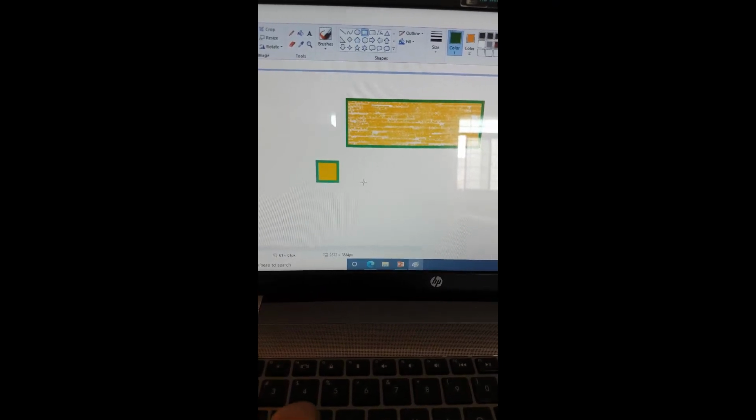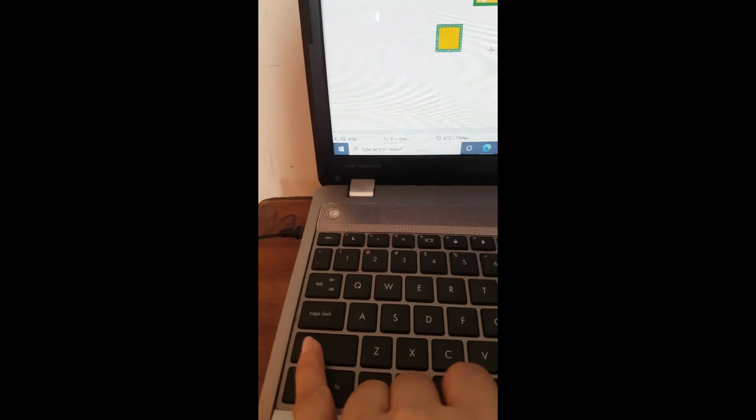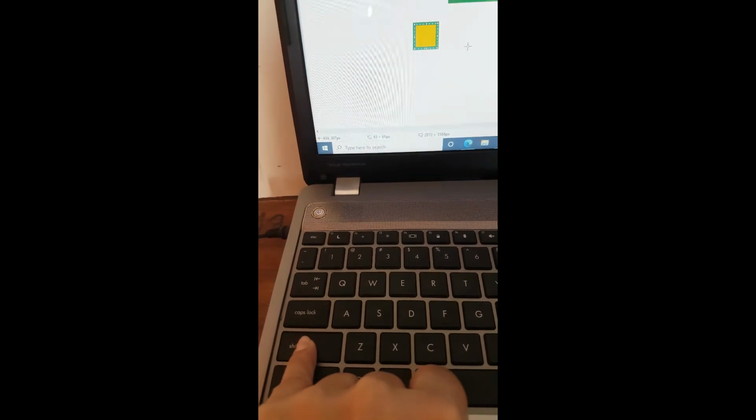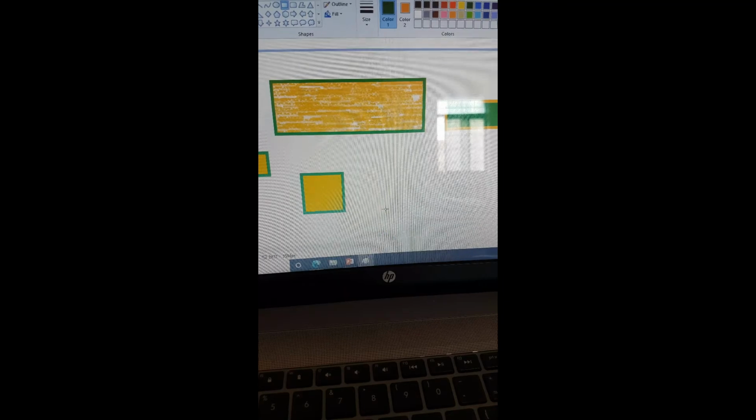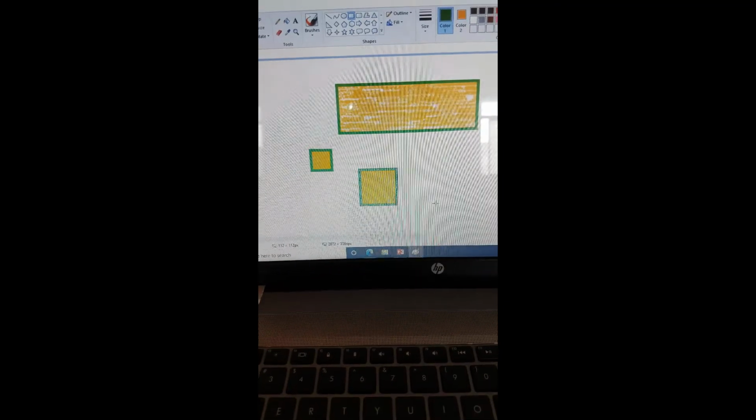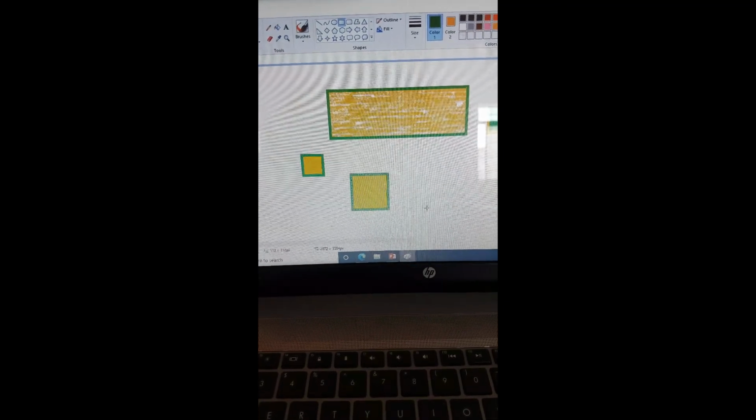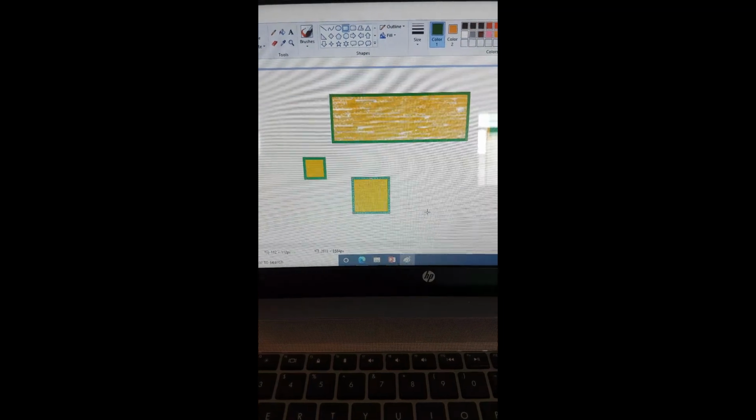Drag your mouse. Got it? Again, see, press the shift key and hold it, and drag your mouse and draw a perfect square. Understand how to draw a rectangle and a square in the Paint application?